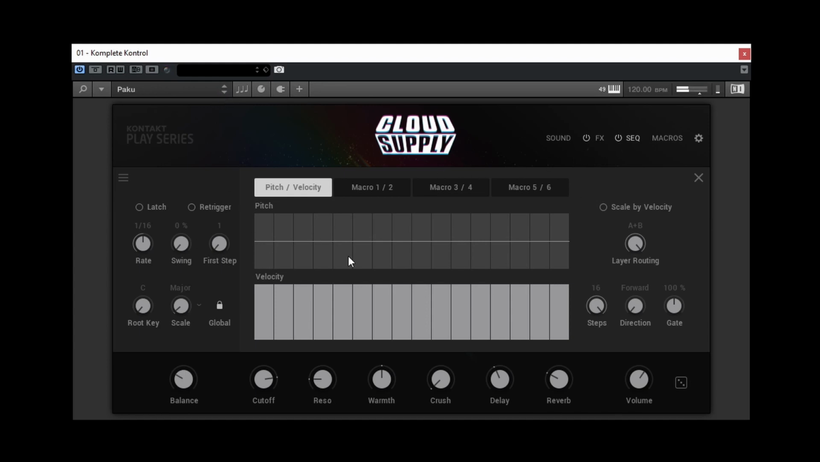And again, I can turn this on. Now, one interesting thing that we have here is that we can have this sequencer going on, running on A layer or B or both of them. And you can do this simply with this layer routing. And we can also scale by velocity. So it's velocity sensitive,